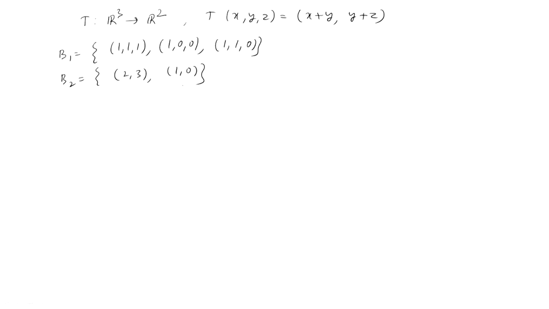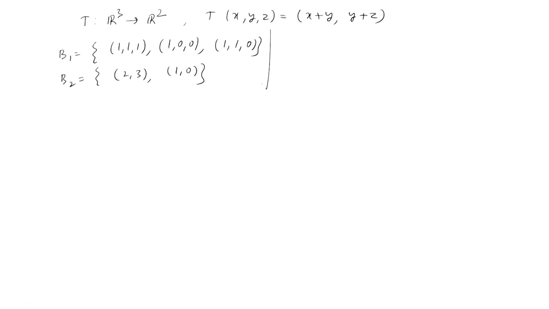Of course, corresponding to different bases for the same linear transformation, the matrix will be different. If you have this linear transformation but a different basis of R3 and R2, there will be different matrices of this linear transformation corresponding to the bases B1 and B2. Of course, the order of the matrix will be 2 cross 3, it is clear from here. So, what is T of (1, 1, 1)?